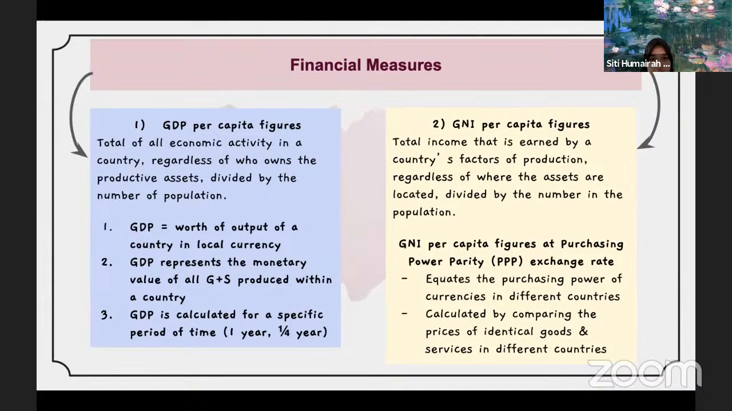For GNI, we can also calculate it at purchasing power parity exchange rate. That is when we equate the purchasing power of currencies in different countries. You can calculate it by comparing the prices of identical goods and services in different countries. To explain more about purchasing power parity, it's a way to compare economic productivity and standards of living between countries. According to this concept,